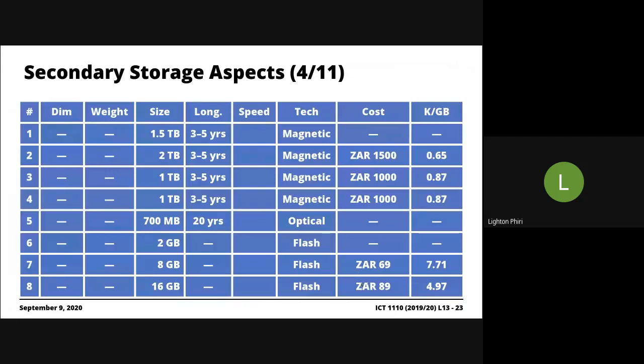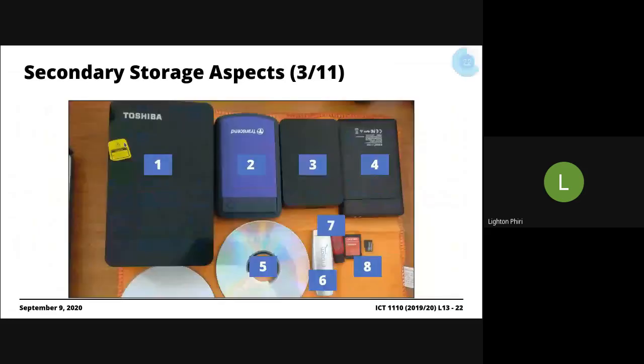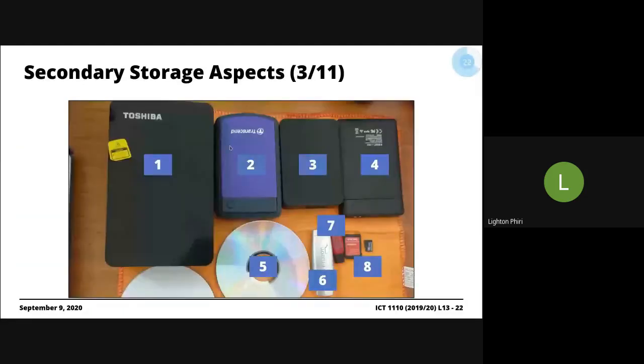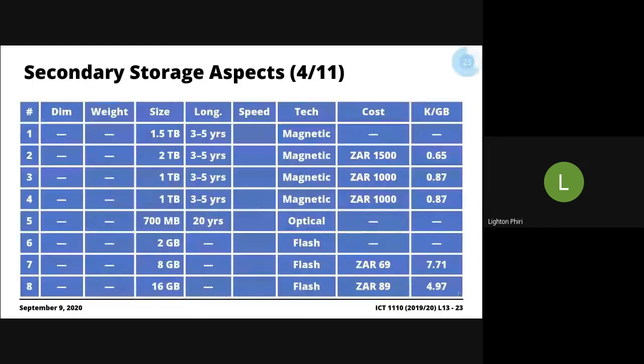And I should have done unit cost here. If you look at the cost per gigabyte, for instance, you can already see, looking at all these different components that I have here, that the cheapest, I guess, is number 2, which was this. So this is much cheaper than 8, for instance. 8 is the most expensive, right? Which is like 4.97 ngwee per gigabyte. It's pretty sad, right?